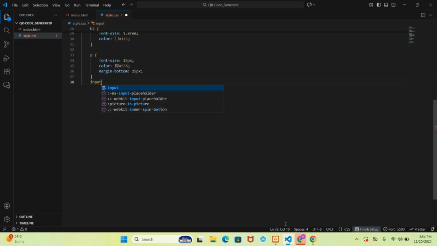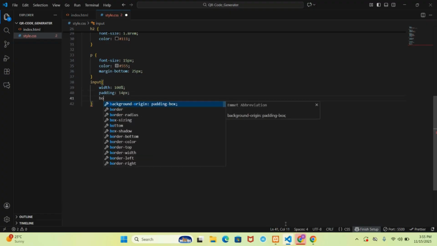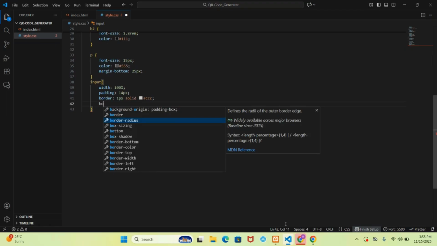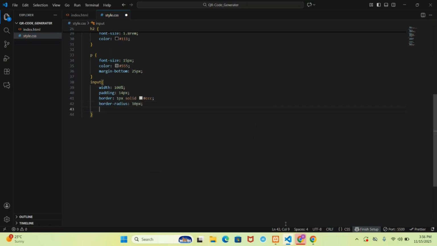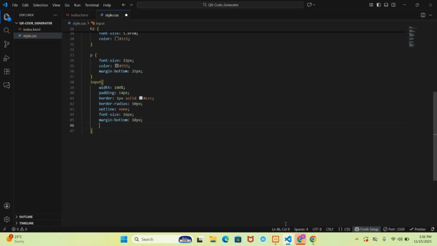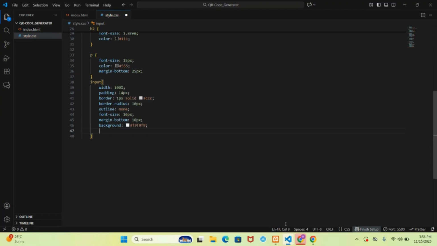So I'm writing input here, and then I'm writing the CSS properties for this: width 100%, padding 14 pixel, border 1 pixel solid #ccc, then border radius 10 pixel, outline none, font size 16 pixel, margin bottom 18 pixel, background #f9f9f9,